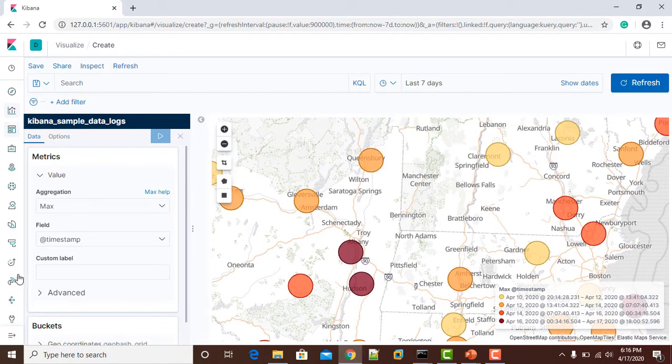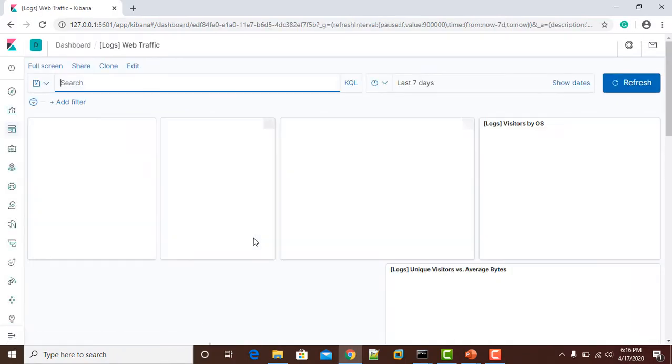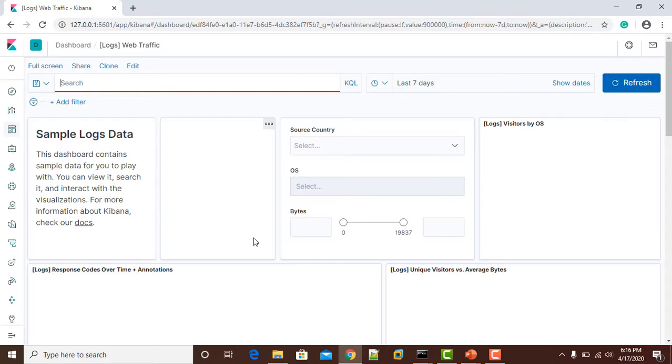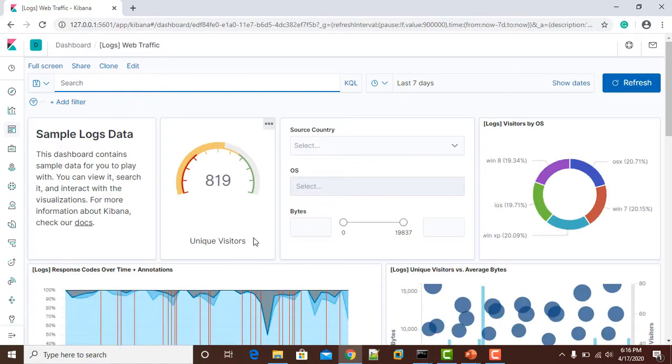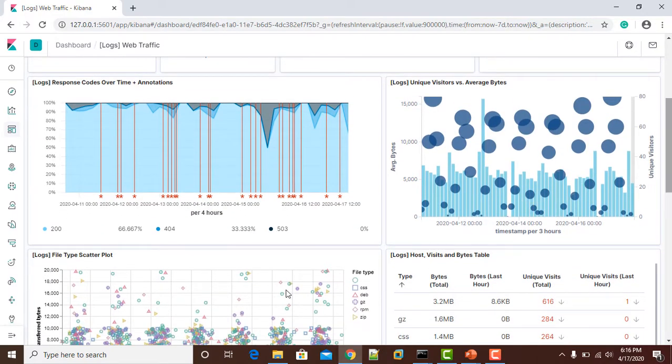The next feature is Dashboard. This is a basic and default dashboard that Kibana provides you for raw log analysis. Here you will find unique visitors, where you can put a filter by country and many more.